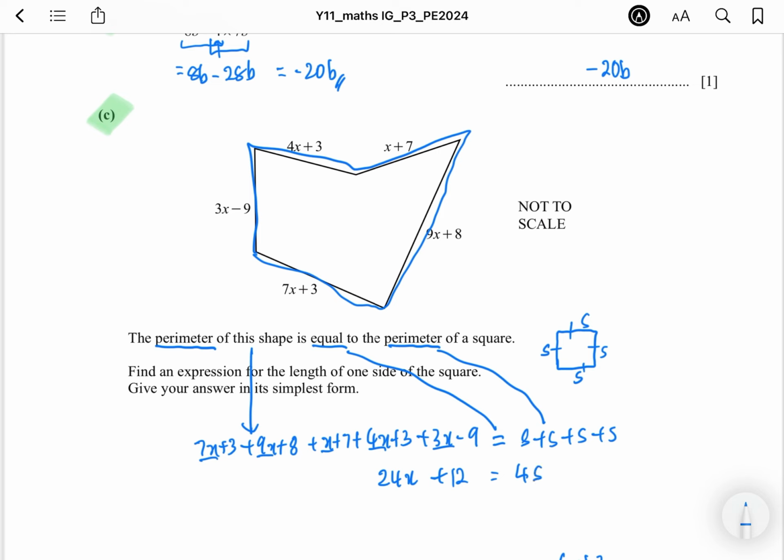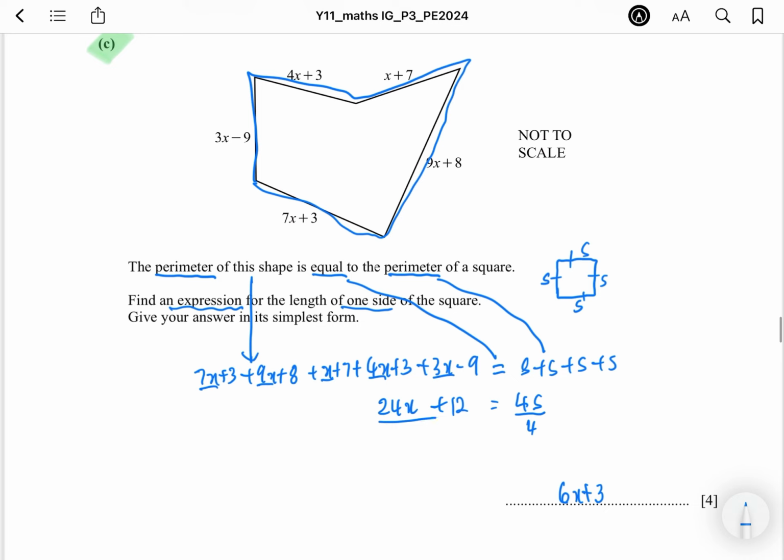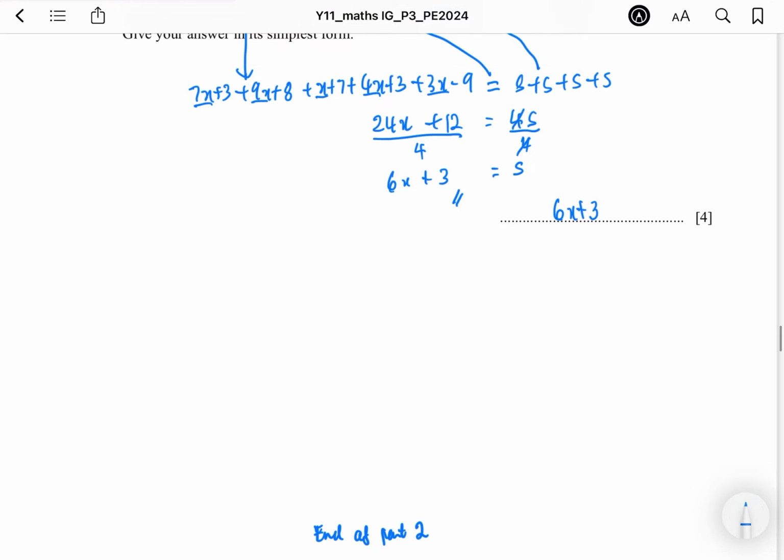Okay, simplify that, and then it says final expression for the length of one side. So we only need one side. That means you divide the whole thing by 4, so 24 divided by 4 gives 6x plus 3, and that's the solution. Okay, and that is the end of part